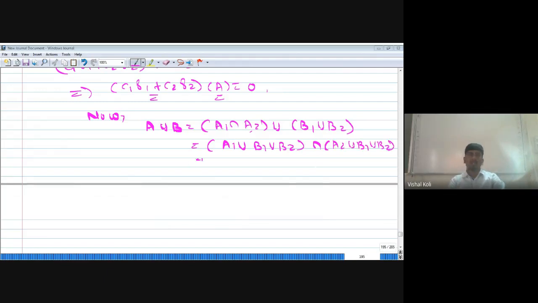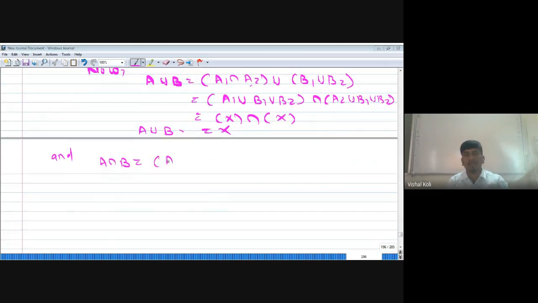Now, but we know that A1 union B1 will be equal to X, X union B2 is X, X intersection A2 union B2 is X, X union B1 again X, and X intersection X will be equal to X. So here we get two sets A and B having union equal to X, and A intersection B equal to